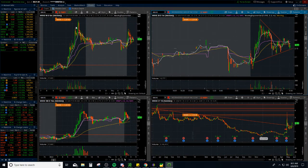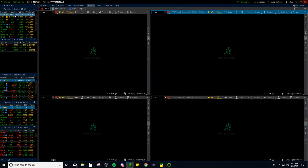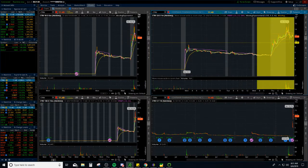But don't get me wrong, there's a lot of money to be made on stocks like CTRV, but it's not for the beginner trader, in my opinion. Especially if you don't have hotkeys and you're not fast with executing, you can really get stuck